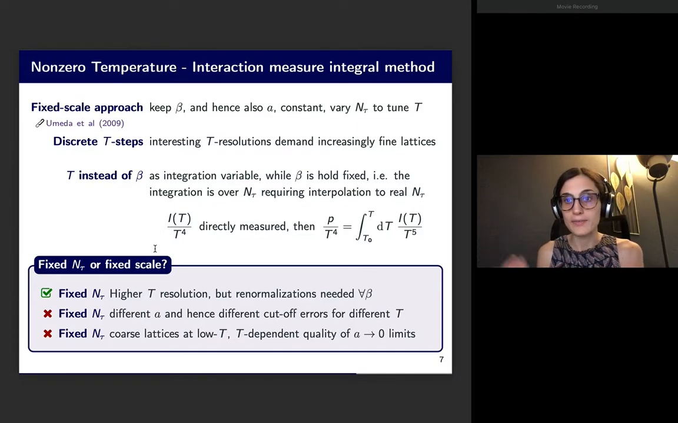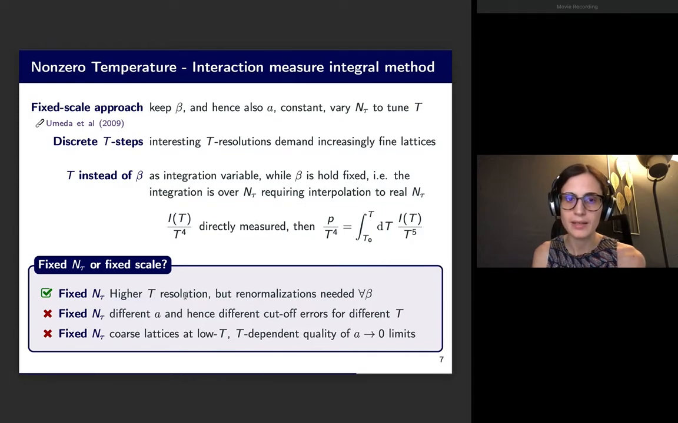At this point, you have two alternatives. So what should you use, fixed N_tau or fixed scale? In order to make a decision, let's go through the advantages and disadvantages of both methods. So the fixed N_tau, which is what we discussed before, has the advantage of ensuring a higher resolution in temperature,